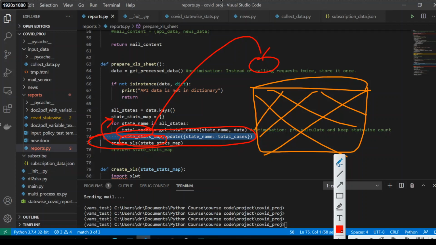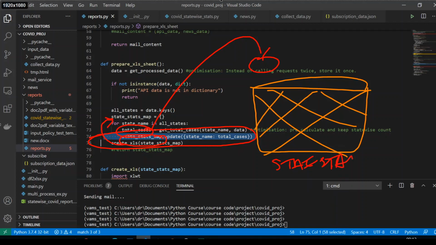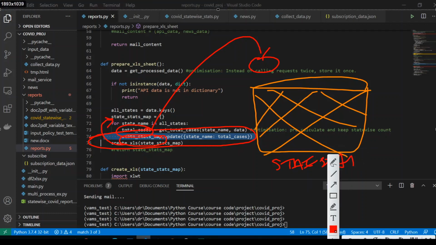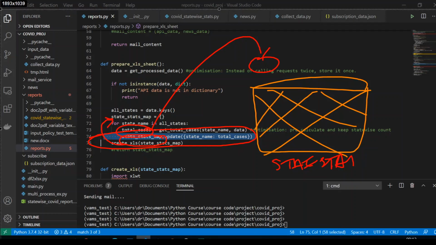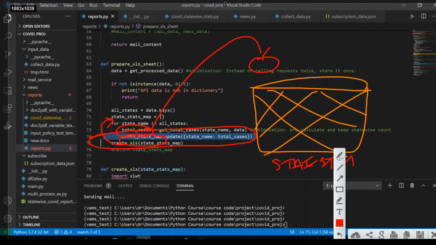So this particular basket is nothing but state stats map. Okay, so that is about it. And then when I do update, it's like I have added a fruit here.